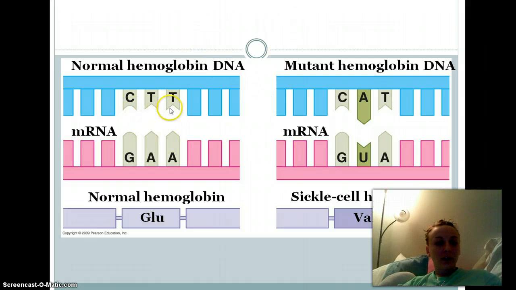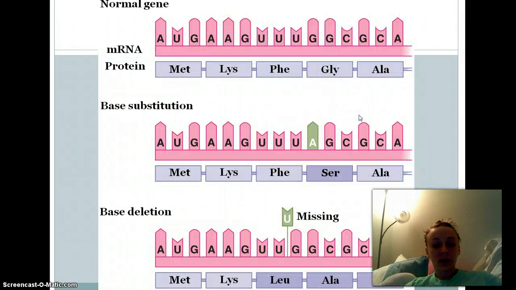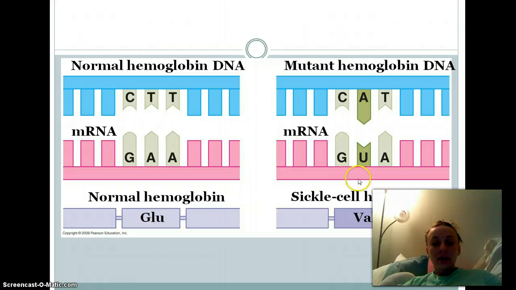CTT to GAA, that's normal hemoglobin. Hemoglobin is in your blood. Mutant hemoglobin is where that T is changed to an A. That T is changed, or I'm sorry, the A is changed, so that this way we have sickle